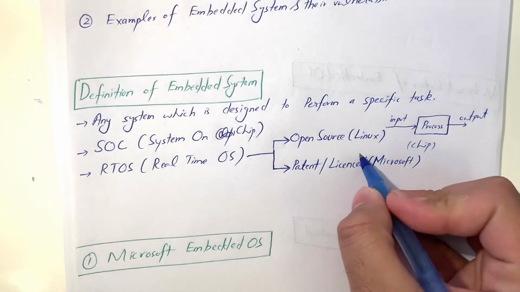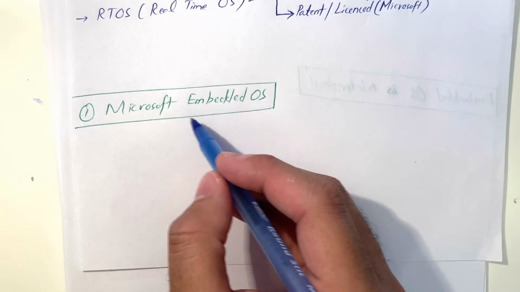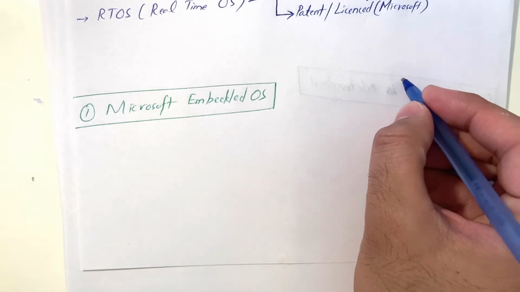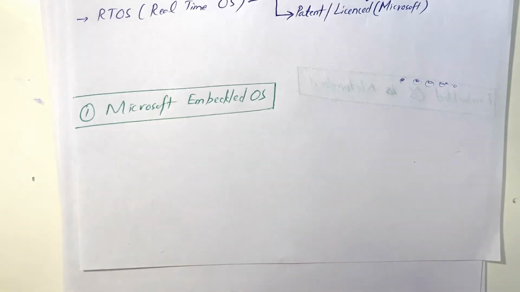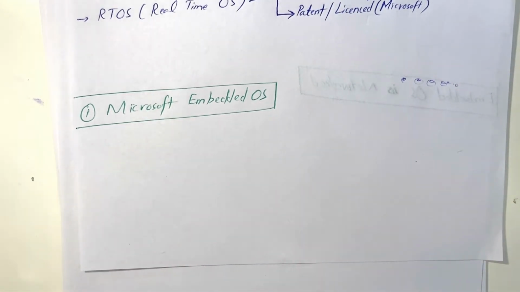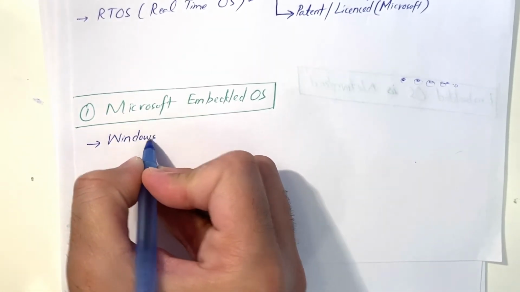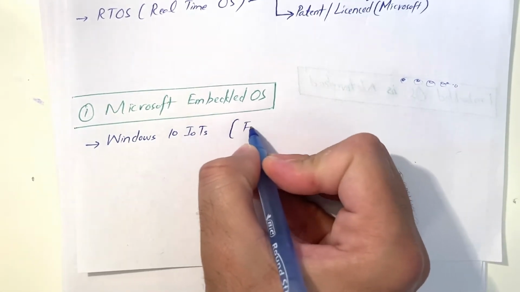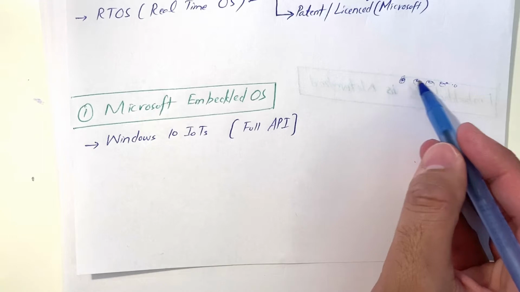Let's start with the first one, licensed. Microsoft is the leading company which designed an embedded operating system, just like the desktop operating system. But these embedded operating systems are not for individuals. These operating systems are for companies who manufacture these kinds of sensors. For each of these small chips or small devices, Microsoft has an operating system. The latest operating system for these devices is the Windows 10 IoT variant, and it provides the full Windows API, application programming interface,